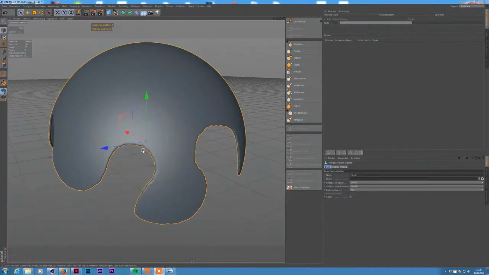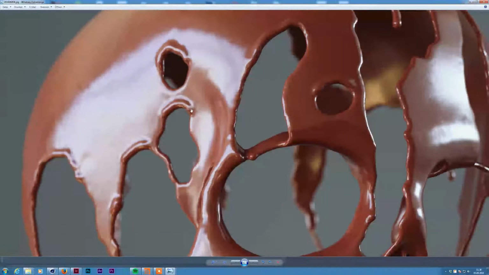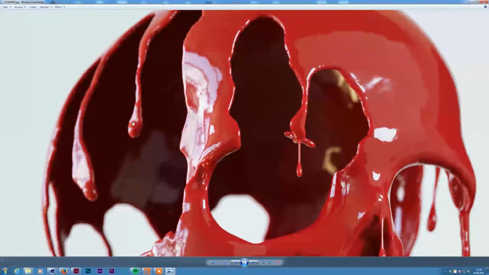And a little detail I am adding to my objects, in fact very subtle but effective. Just like this one, I inflate these upper parts of the holes where the liquid pours on your mesh, and inflate just the ends of these drips here,